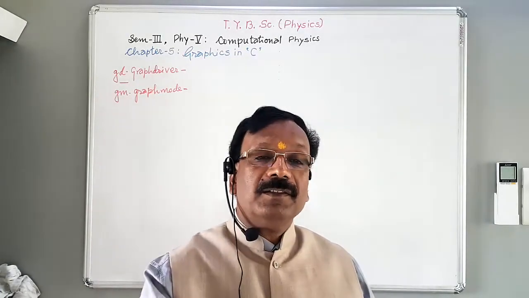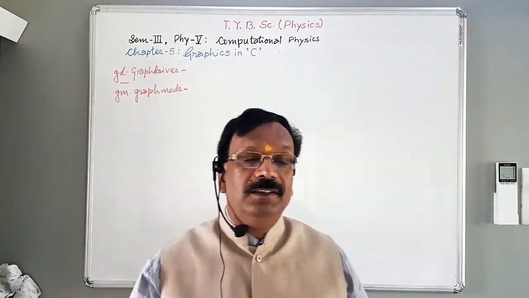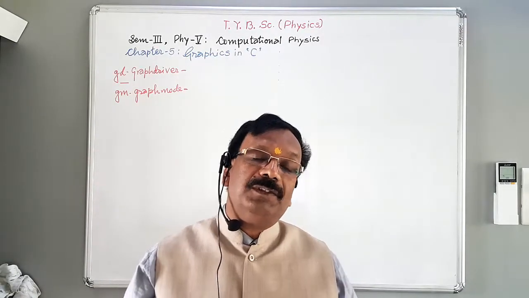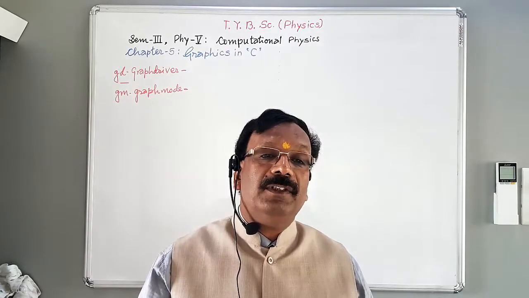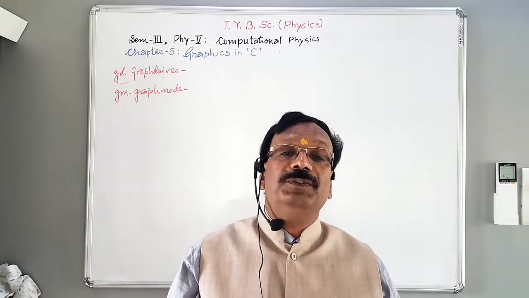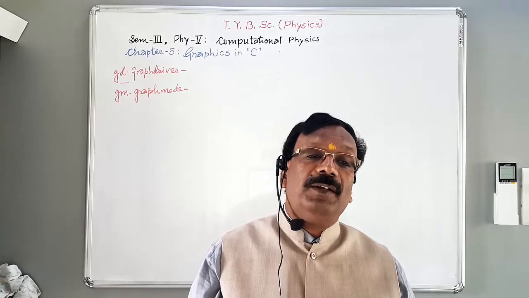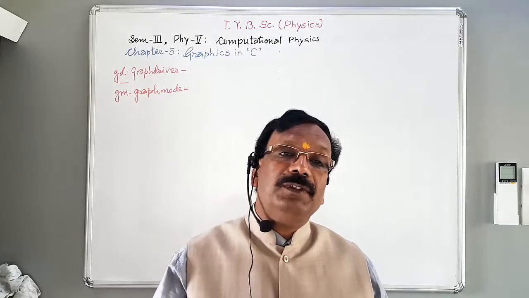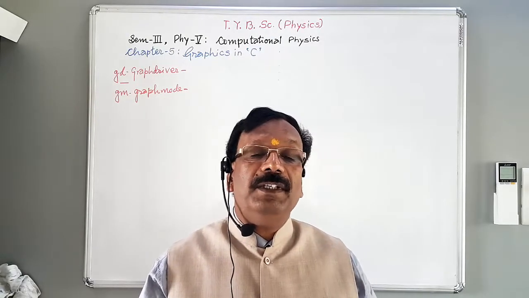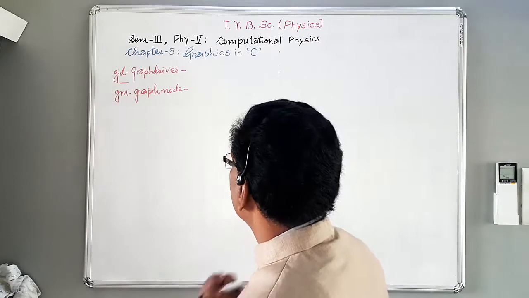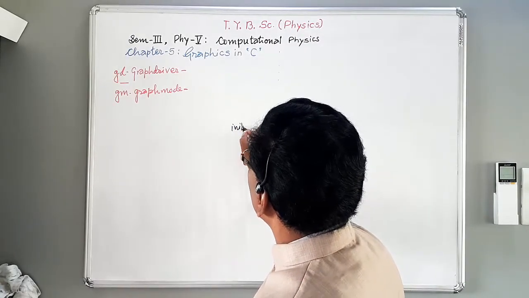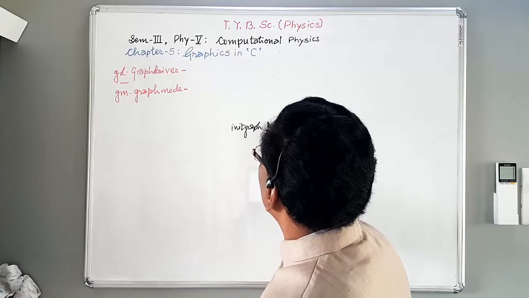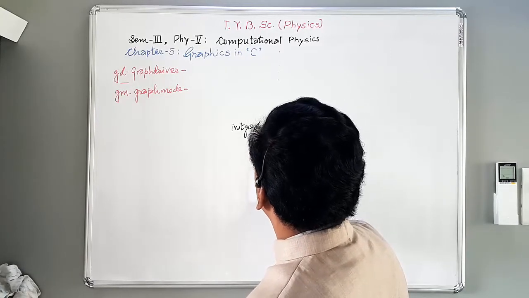In the previous lecture we studied the initialization of graphic mode, and for that purpose we use the function initgraph. The function initgraph is used for initialization of graphic mode. We have also seen the syntax of initgraph, that is simply initgraph, for initialization of graphics, and GD and GM,